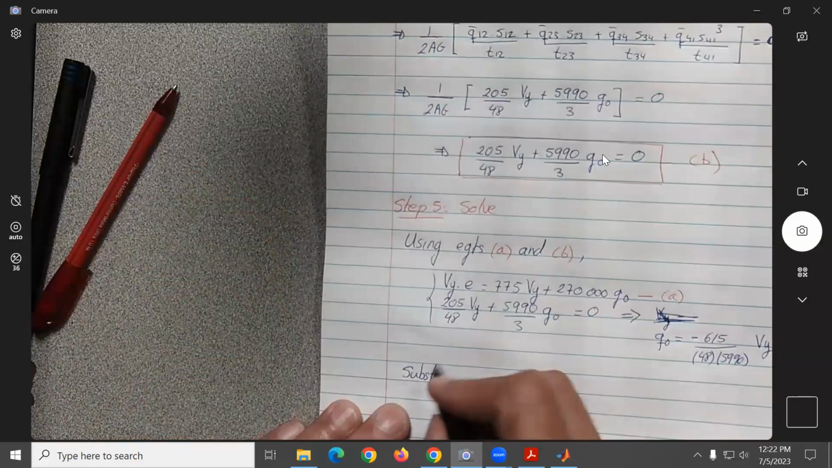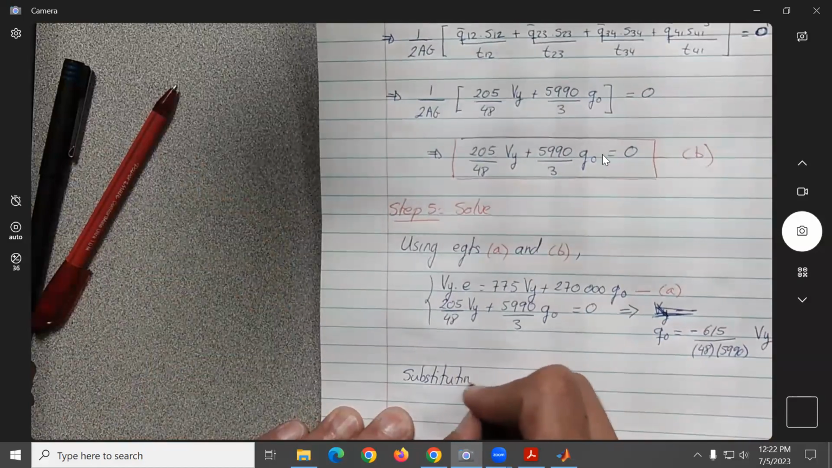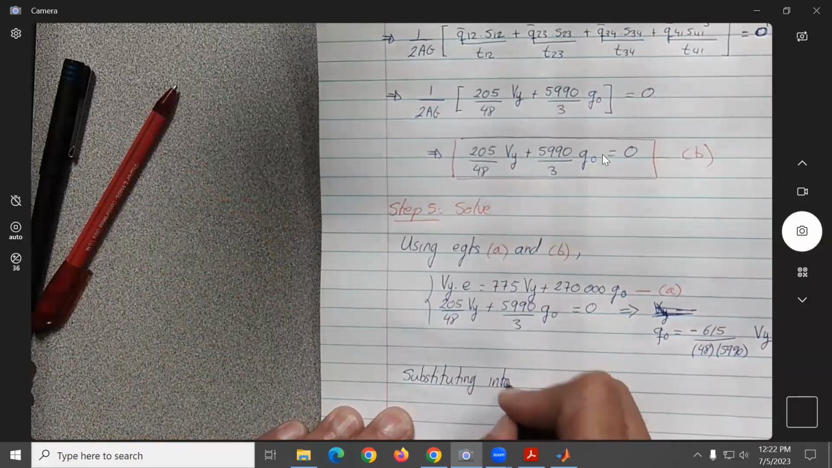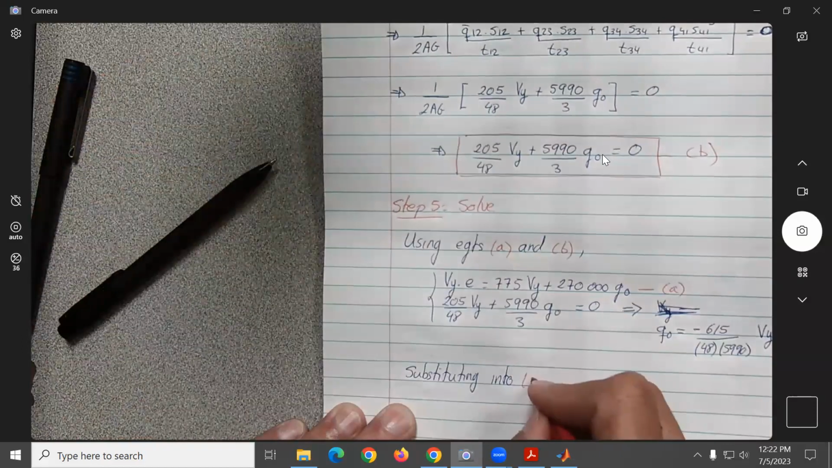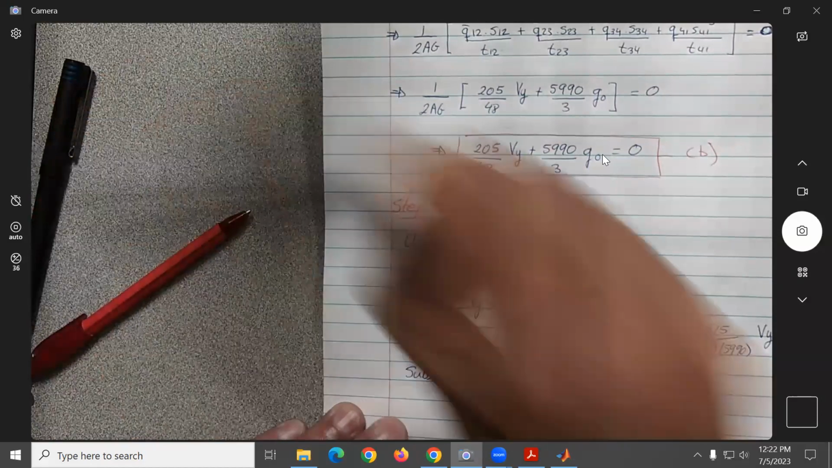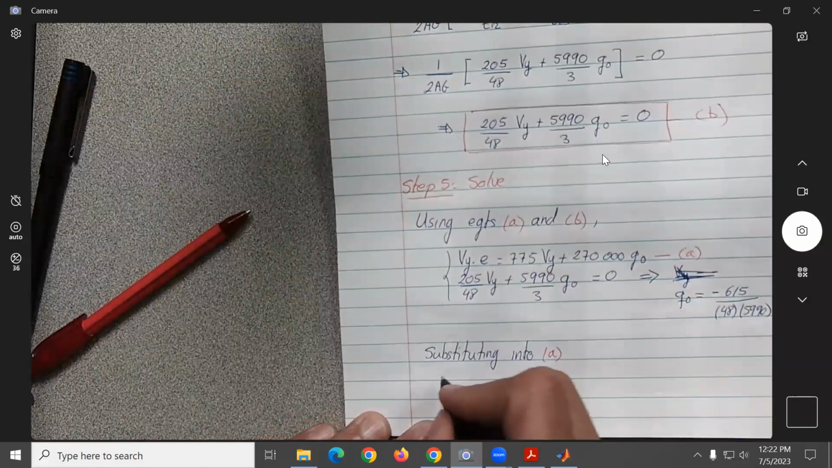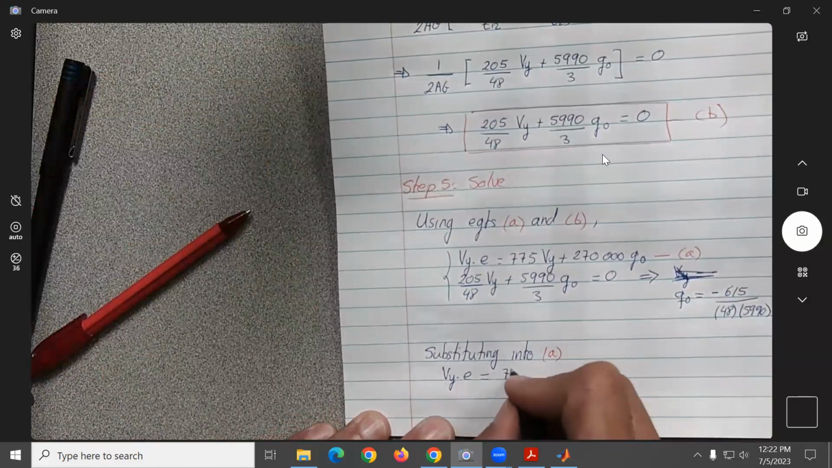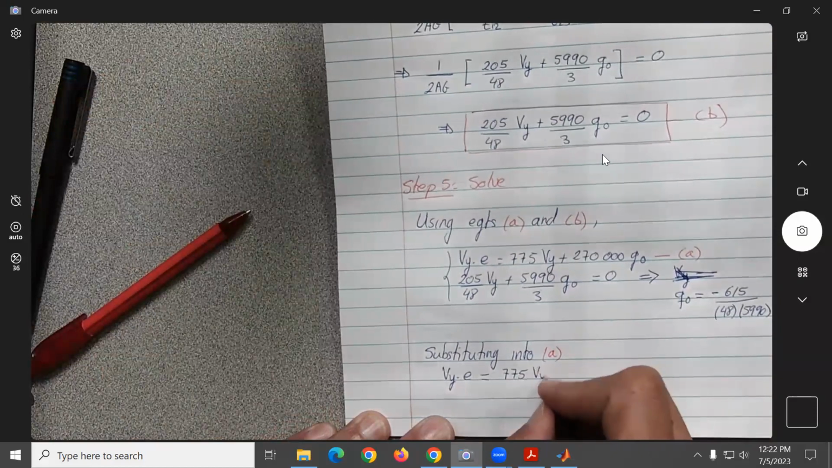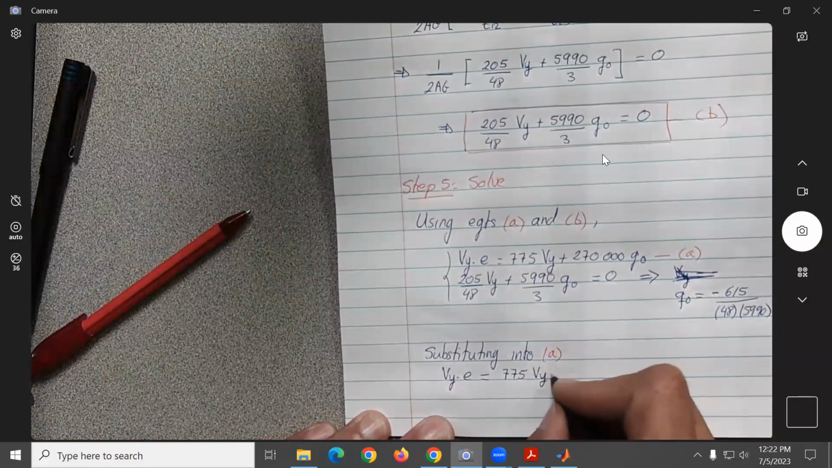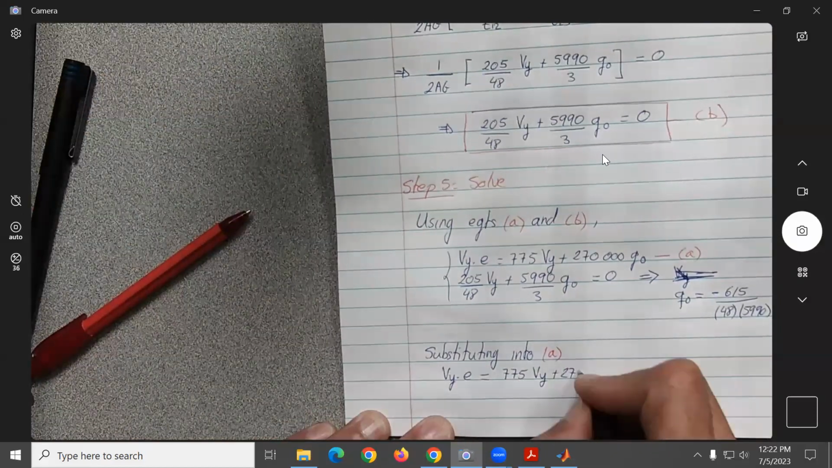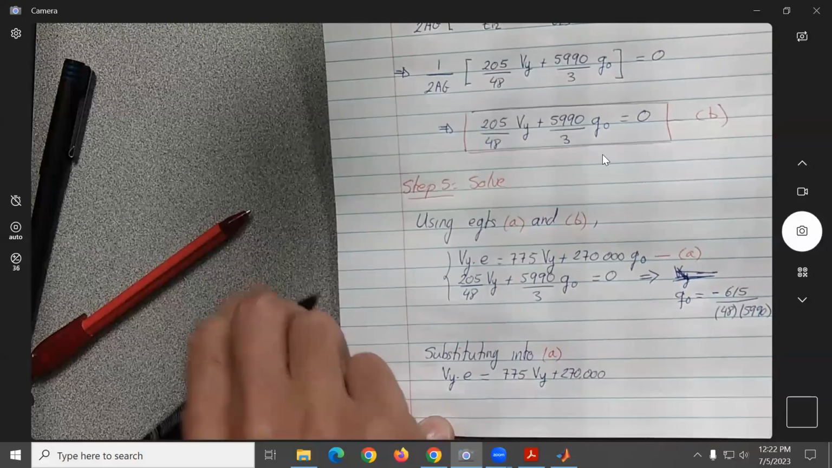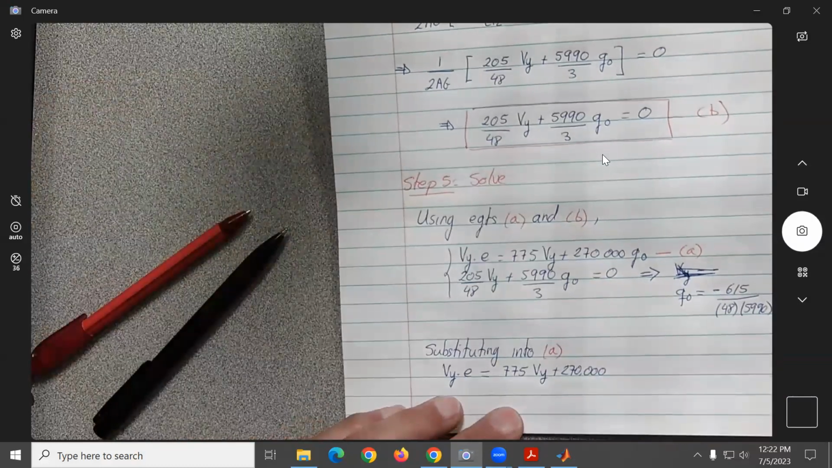Substituting into A. Again, I told you I don't have the calculations, but I have the final results. So it will give you what? Vy over E will be equal to 775 Vy plus 270,000. The value we just put over here of